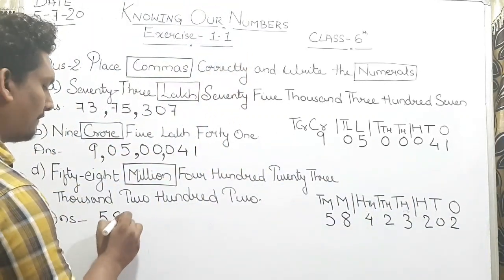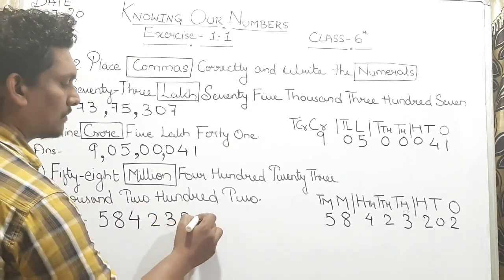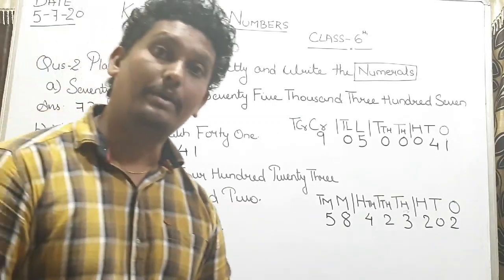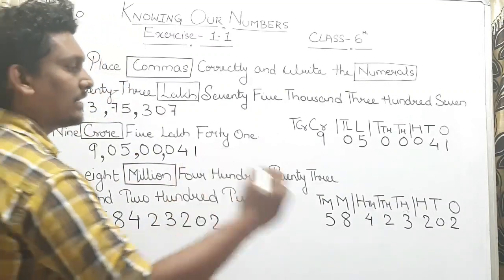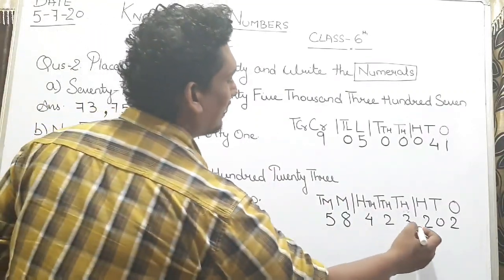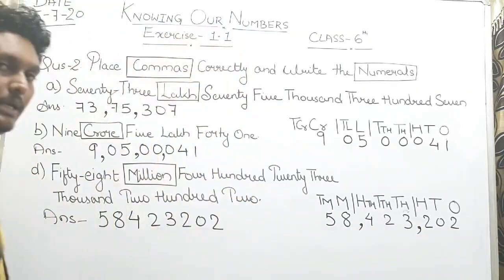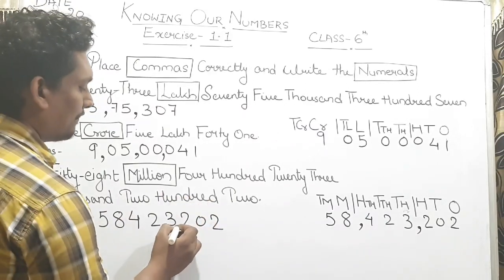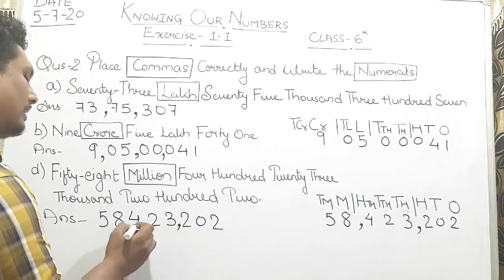Now what you have to do is, so what are we missing? We are missing commas here. Okay, how to put commas? So we are dealing with international system. It is very easy to remember. 3, 3 and 3. This is the order of international system. So first 3 places, put the comma, again the 3 places.